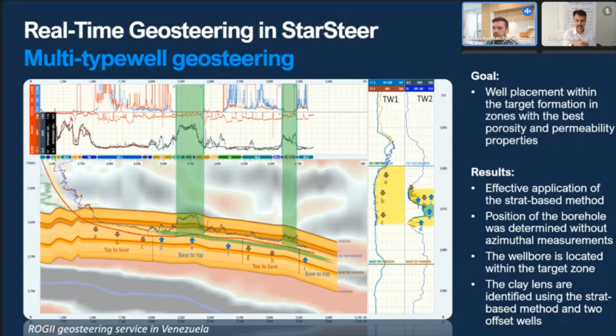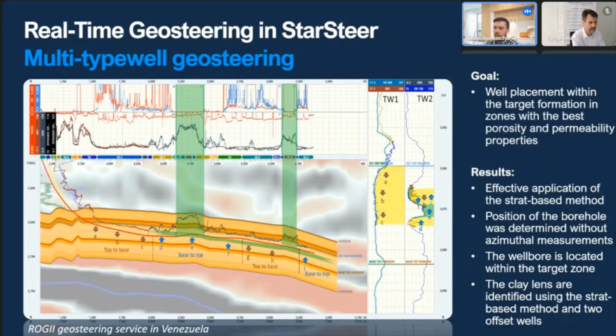If we rely on type well 1 only, we can say that we hit the top, and we can make our correlation based on information only from type well 1,